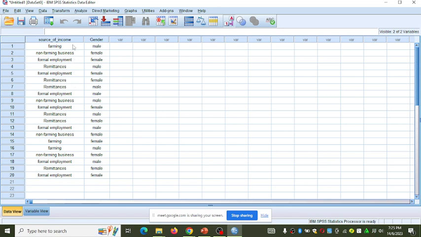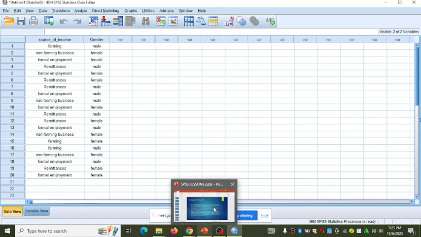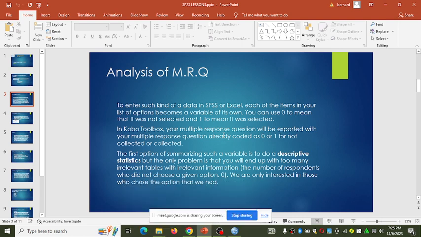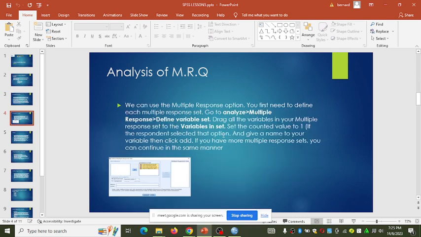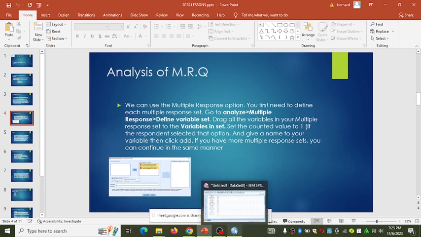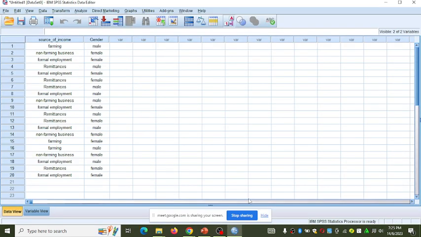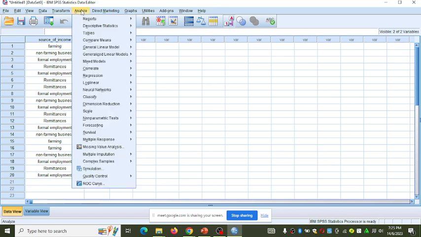multiple, right? So the process is very simple. Our next step is to define the multiple response questions, and you just click on analyze. From there, browse up to the multiple response, and we define variable set first,